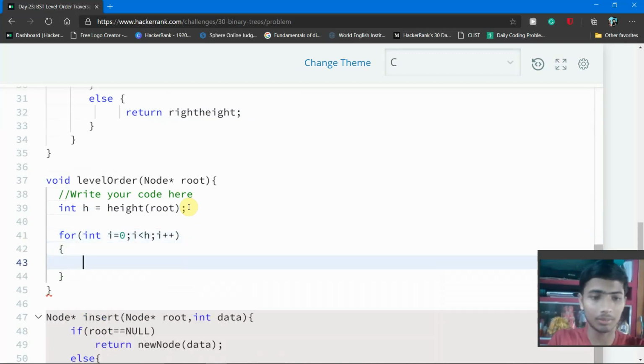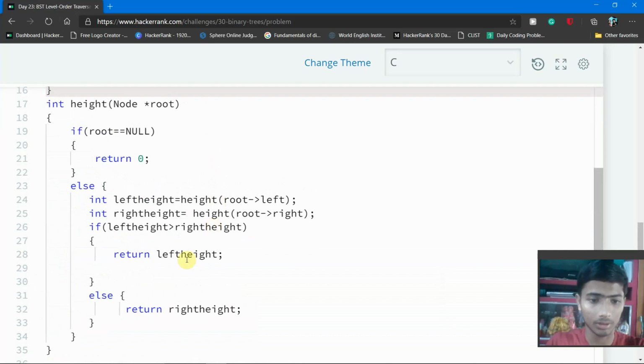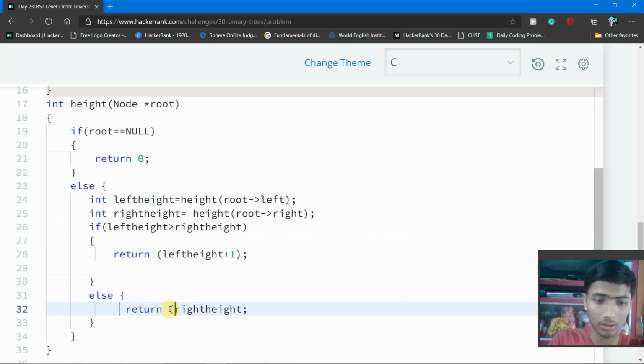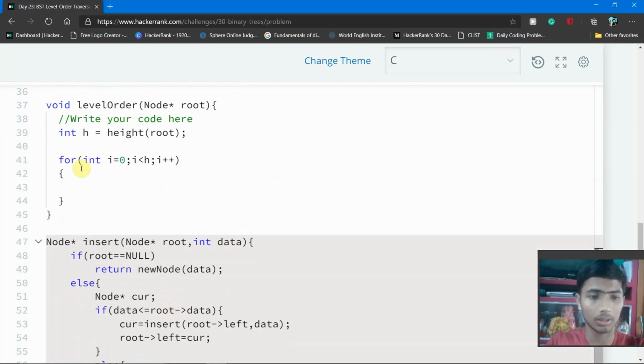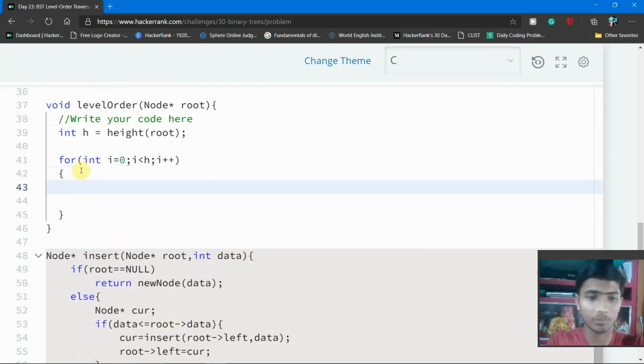I made a mistake friend, because here we return left height plus 1, because we have to consider the root element also. So that's why left height plus 1, and if the right height is greater than left height, then right height plus 1. After that, inside this for loop you call a function.